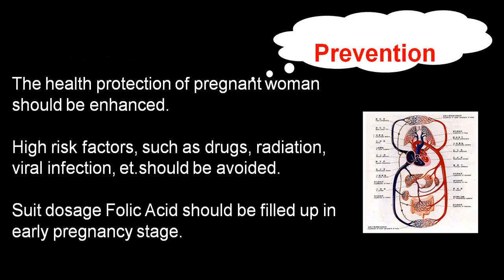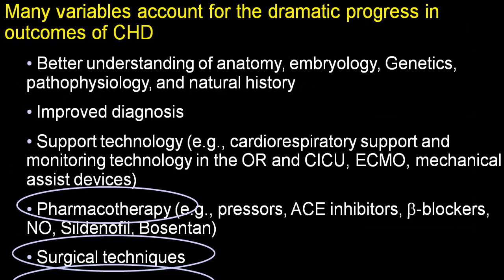By and large, prevention should be done before pregnancy. So precaution in the mother is very important. Stop smoking, stop alcohol, stop all the drugs we call teratogenic drugs. So drugs should be avoided. Irradiation should be avoided. Prevention of viral infections should be taken care of. Folic acid helps a lot. So all those can be done. So there are a lot of things which you can prevent.